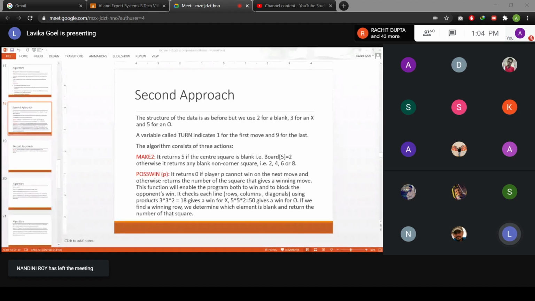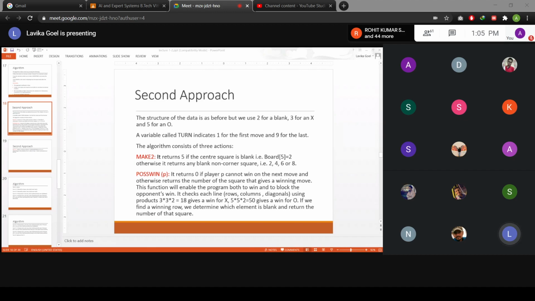Fine. And if that player P can win on the next move, then this data structure would return the square that will be the winning move. So it will return the number of the square that will give the winning move.